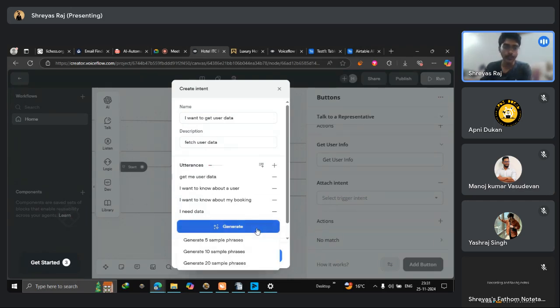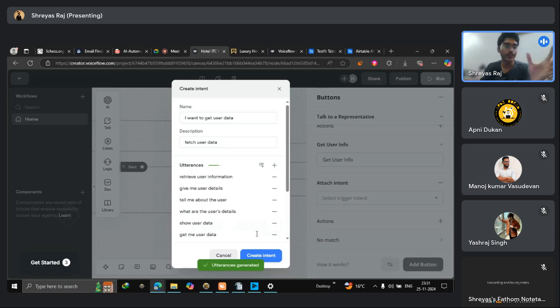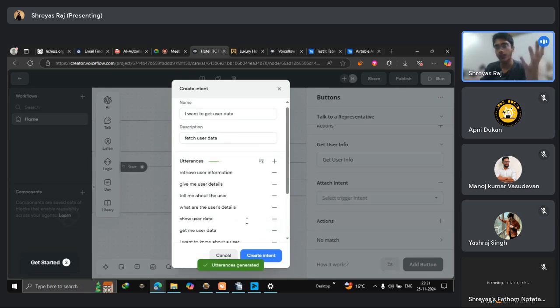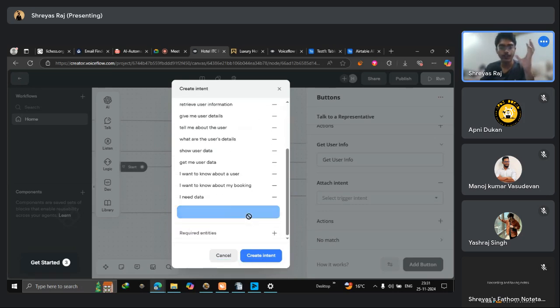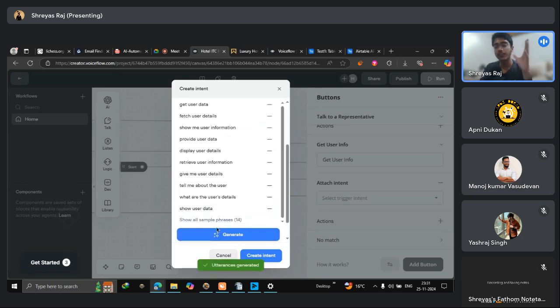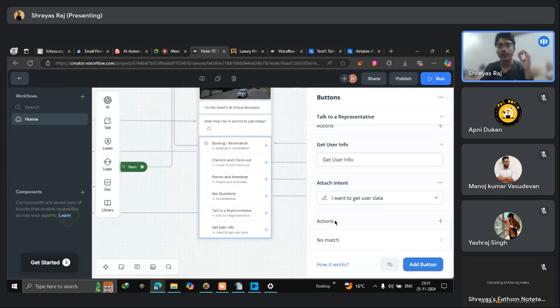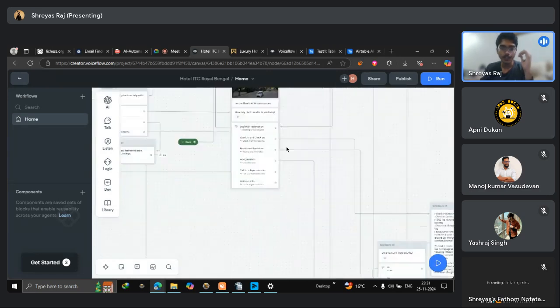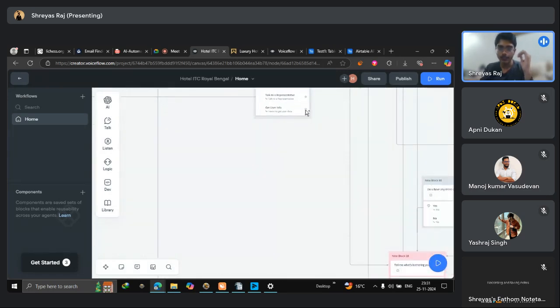If you click on generate, AI is going to generate a few utterances, and the intent is going to become stronger. So it's going to only respond to these kinds of questions and not any other question. I create an intent, and I want to get user data. Now I think we could just use the API request here,